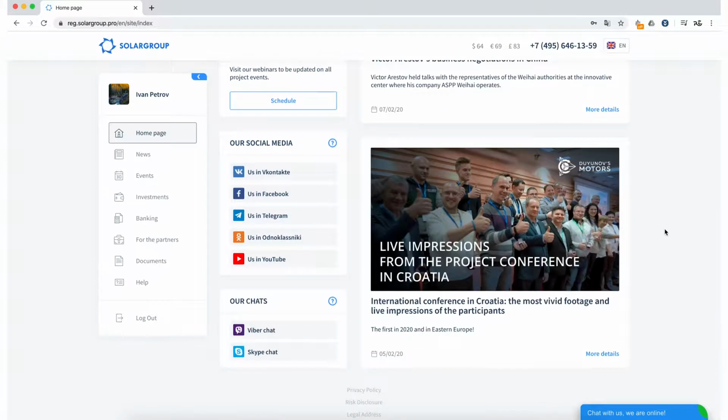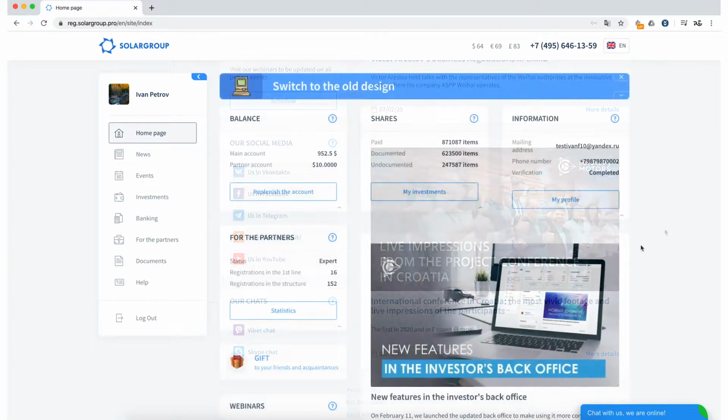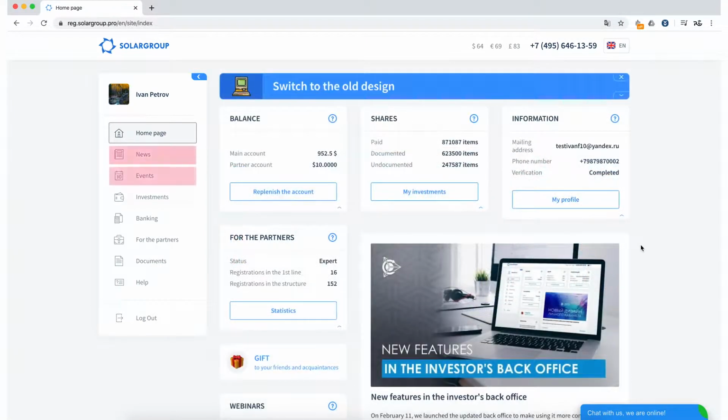And the section Our Chats. The chat rooms are used by the investors and partners to communicate with each other. Therefore, if you want to ask any questions or communicate on any project-related questions, you can do it by joining our chats. When you go to other back office sections, such as news, investments, banking, and others, you may notice